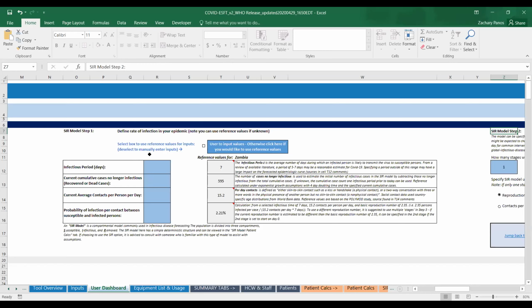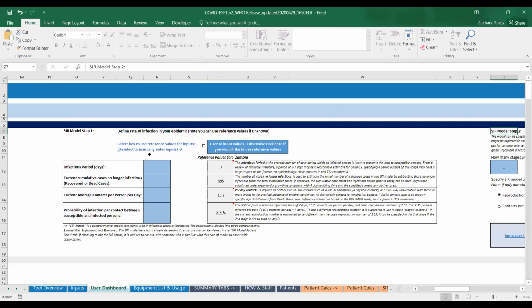And so a patient or a person within a population would go from one of these groups to the next in linear fashion based on a set of parameters or assumptions that determines how quickly they would move from one group to the next. And so what we have in front of us now, once we select the SIR from the drop-down menu, we're guided now to a set of menus in the SIR model step 1. And these are the basic transmission parameters that can be modified or accepted as presented by default from the tool that will determine how quickly someone goes from being susceptible to infected to recovered. Let's go through these quickly.